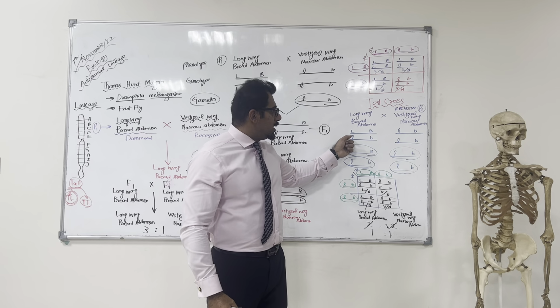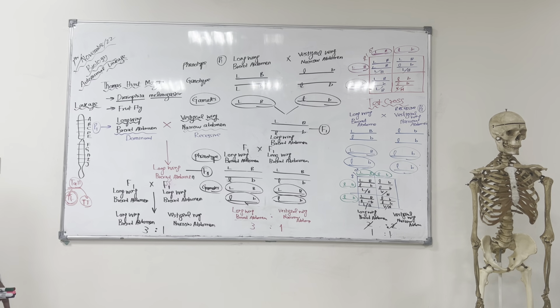So we crossed it with the recessive parent. Now, these gametes are formed, and at the end of the Punnett square, we got 1:1. Even though it is a dihybrid inheritance, the results are like monohybrid. So this proves that the genes are linked together. A question should have come into your mind: sir, can crossing over take place or not? If crossing over takes place, what happens, we are going to discuss now.